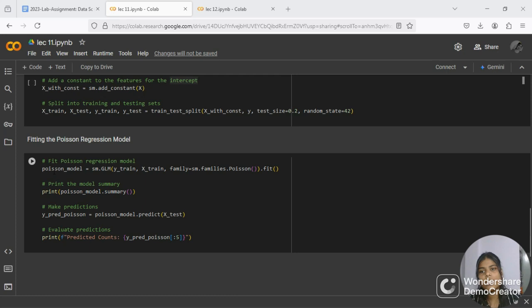In this, we are firstly fitting the Poisson regression model by poisson_model equal to sm.GLM, which fits a Poisson regression model to the training data using the GLM generalized linear model class from statsmodels.